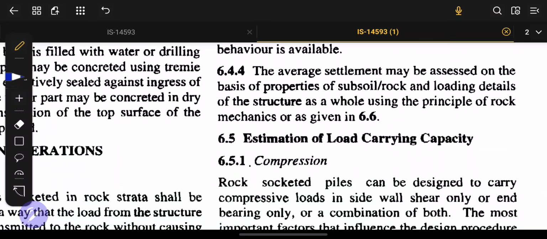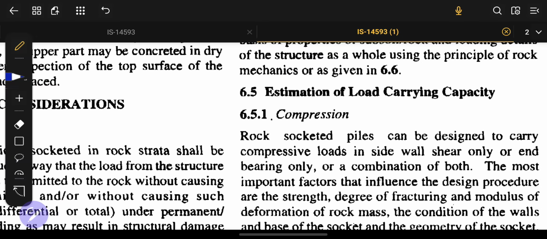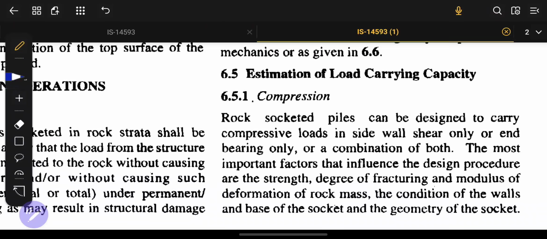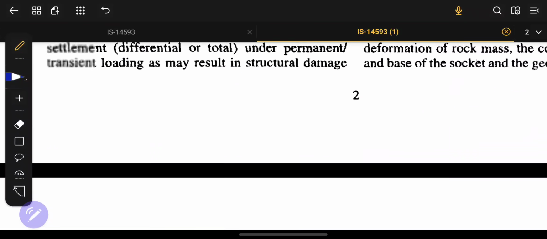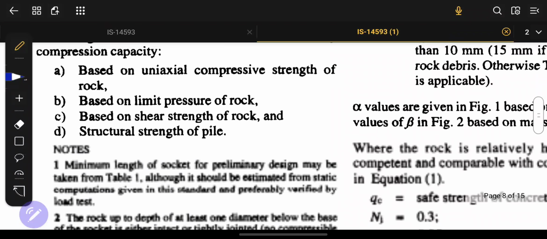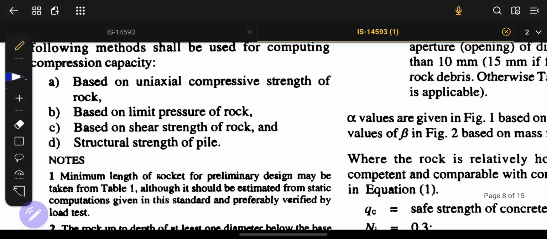The average settlement may be assessed on the basis of properties of the soil, subsoil rock, and loading details of the structure as a whole using the principles of rock mechanics, or as given in 6.6. We'll see in 6.6 the estimation of load carrying capacities. Load carrying capacities can be estimated using these four methods based on uniaxial compressive strength,